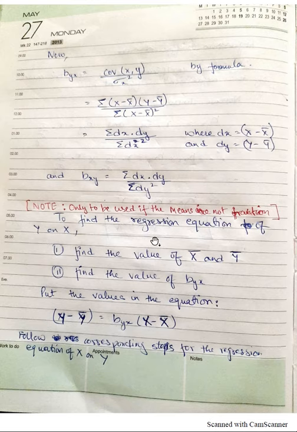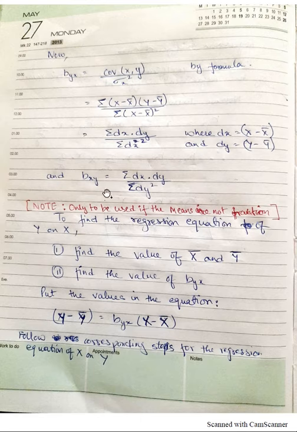So this set of formulas is only to be used if the means of the given data are not fractions, that is the means of the variables are whole numbers or integers like 1, 2, 3, 4, 5, 6, 7, 8 and so on. If it is in fraction or decimal, we will not use this